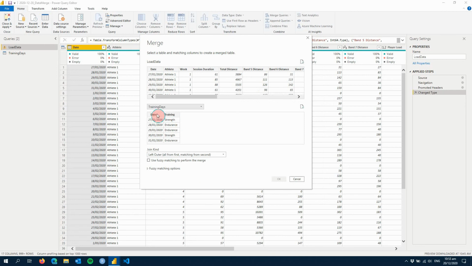So here we've got our training days table, and all you're going to do is hit date, because in this example we're just going to combine on date. And at the bottom here it'll give you an idea of how many rows are going to match from one table to the other. In other examples, if you say had a training day by day and by athlete,